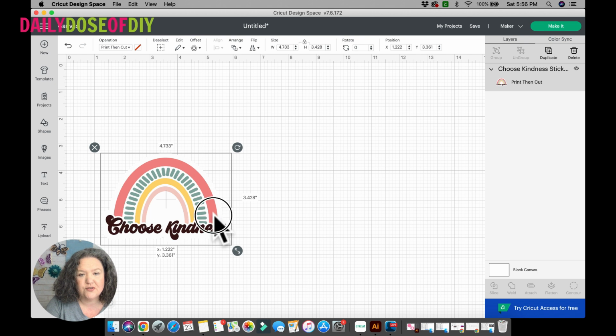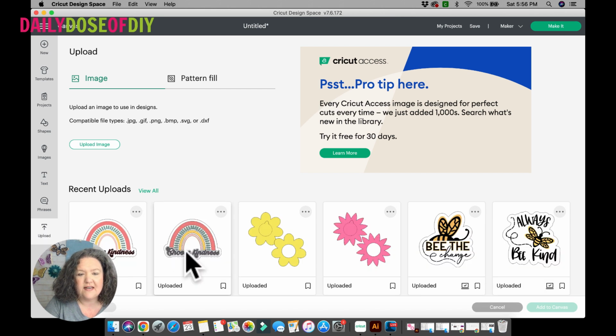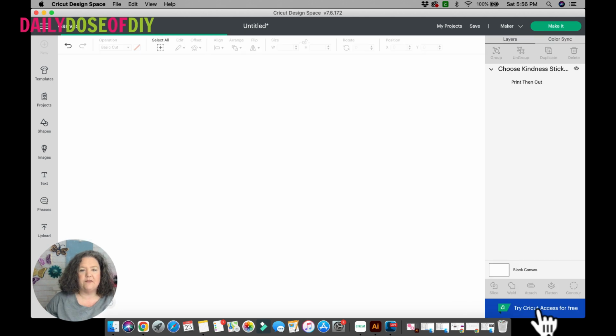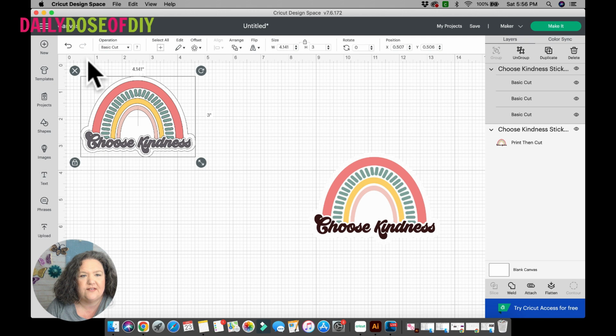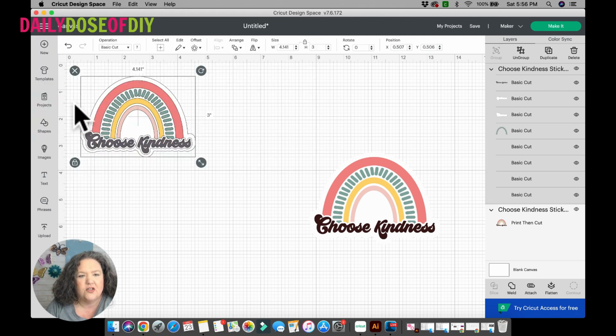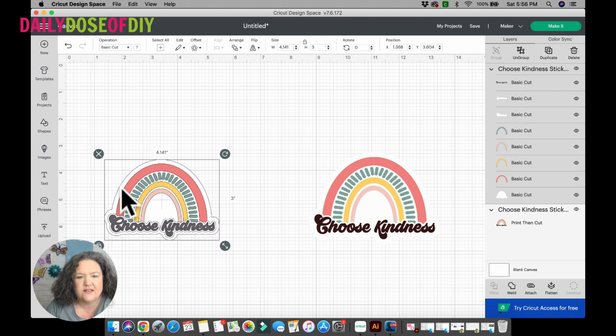So that is how to do an already designed for you sticker with a PNG upload. Now I'm going to select the SVG. The benefits of doing an SVG is you can make changes if you wish to the coloring and stuff. Now this SVG already has the background done for you. I will get into how to make a background with an SVG that doesn't have one, but I wanted to